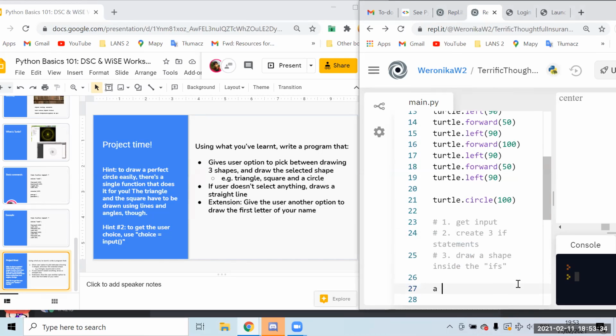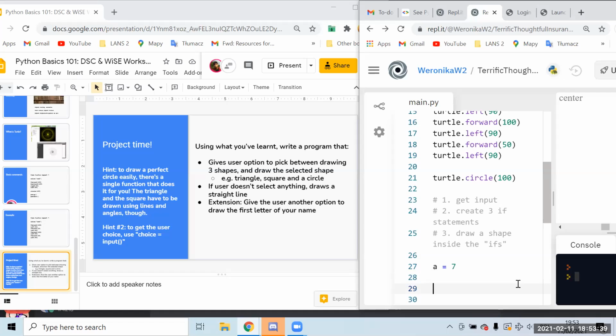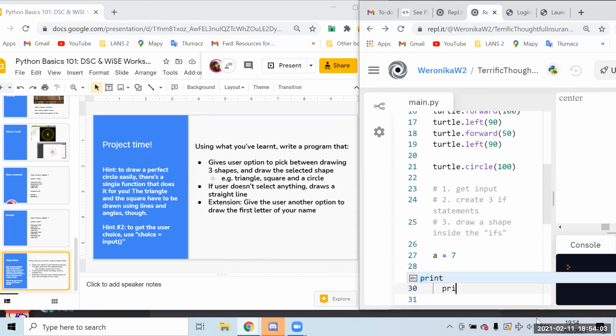So let's say a equals 7 again. And let's say we have 3 cases. We want to check if it's between 0 and 2, 2 and 9, and 9 and more. If we just use if statements, so if a is smaller or equal to 2, then print small.